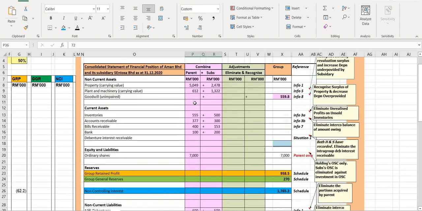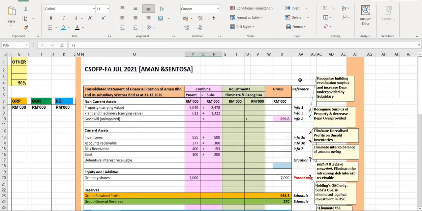What you need to do now is do the elimination. So elimination means you need to go and reflect what you have done. For example, the recognition of surplus and increase, where I put a note here, as per information number 2, must be reflected here. So what you say to be added means what you add to the debit, property, plant and equipment, for example, what you go and debit, and what you say to be reduced is what you credit.